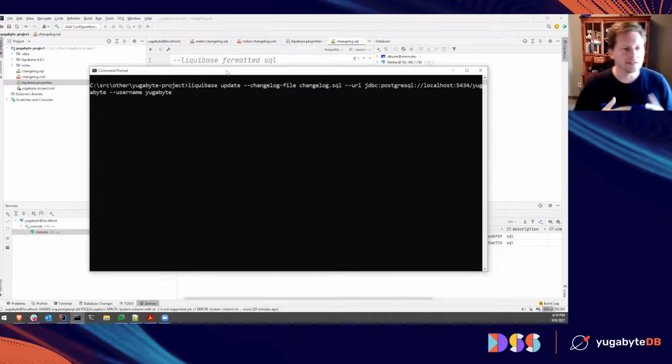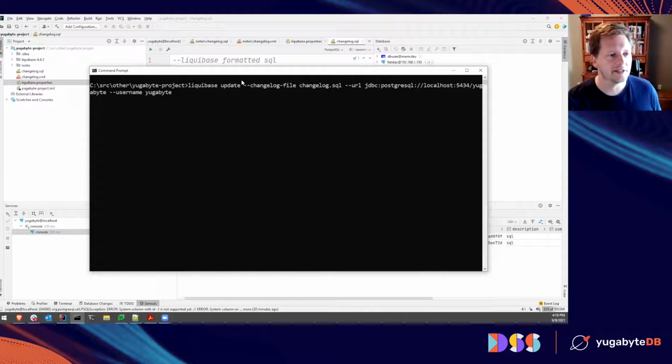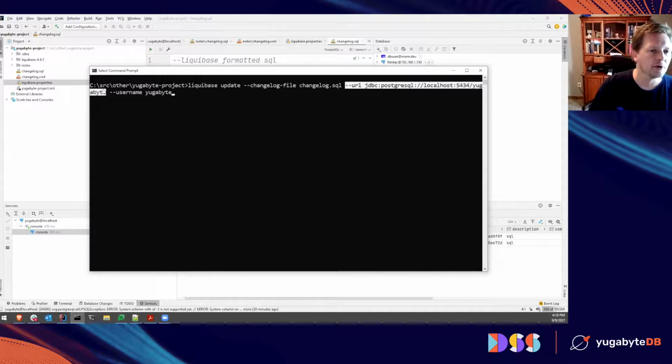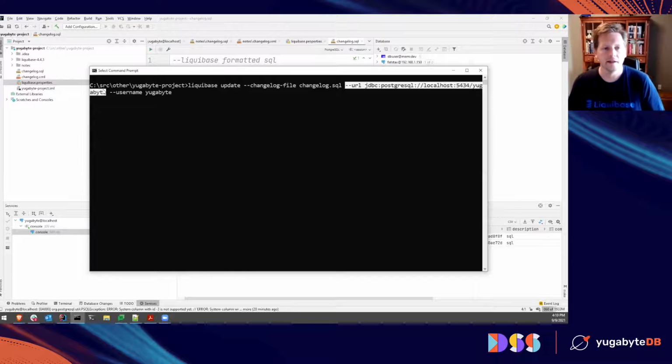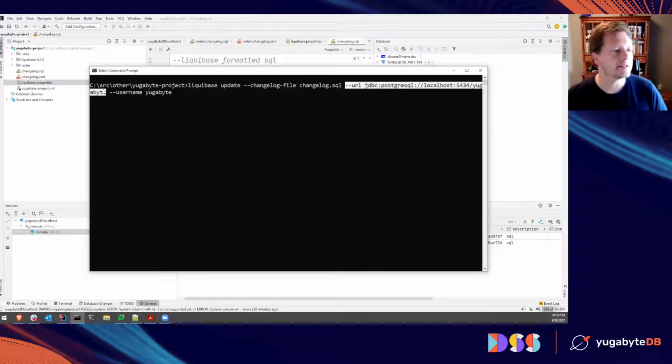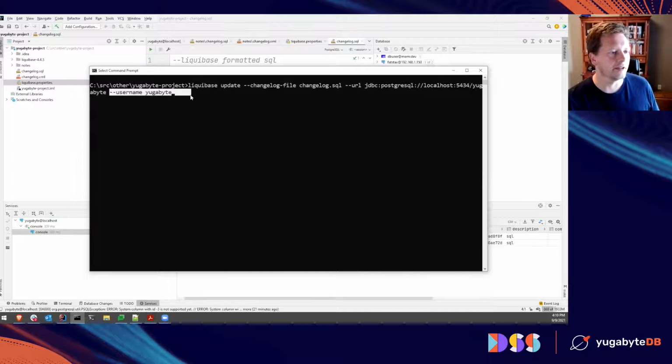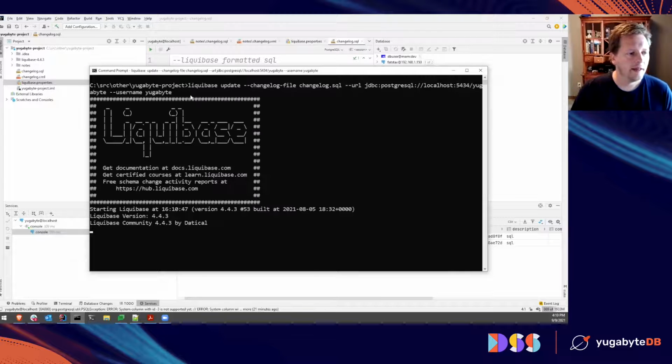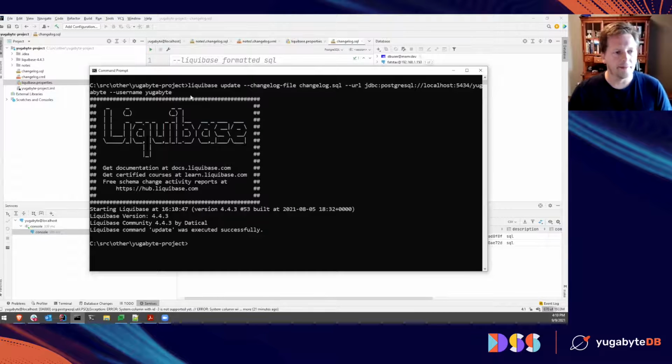The update command is what applies that changelog to your database. You can see I'm specifying the changelog file as an argument. I'm specifying the URL. Liquibase is a Java-based program, so you need to find the JDBC URL string that makes sense for your database. And then I'm just using the regular insecure Docker configuration, so I don't need a password or anything at this point. Run Liquibase update. And it will apply my changes,